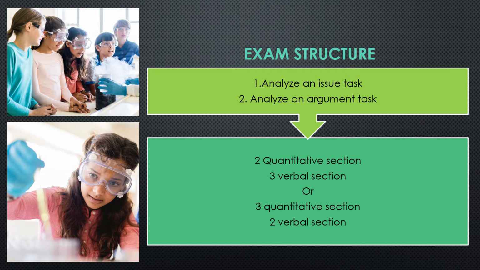In either case, there is one extra section that needs to be solved apart from two quantitative and two verbal sections. This extra section is an experimental section that is offered by ETS to test out new strategies and new types of questions that they can introduce in the next examination. But you have to compulsorily solve all the sections, and only four sections, that is two quantitative and two verbal sections, are marked, and the optional section is not marked.